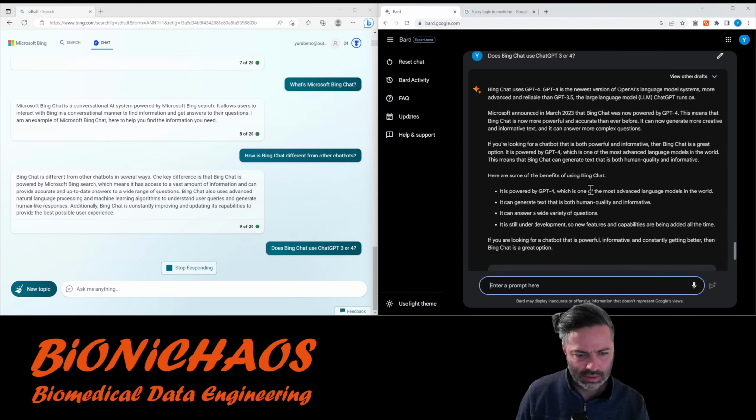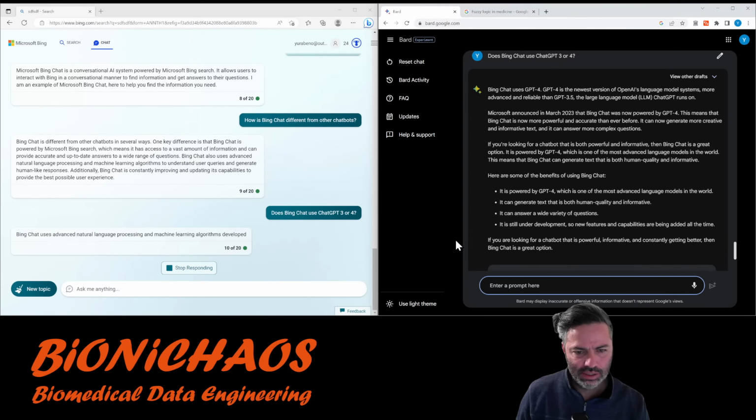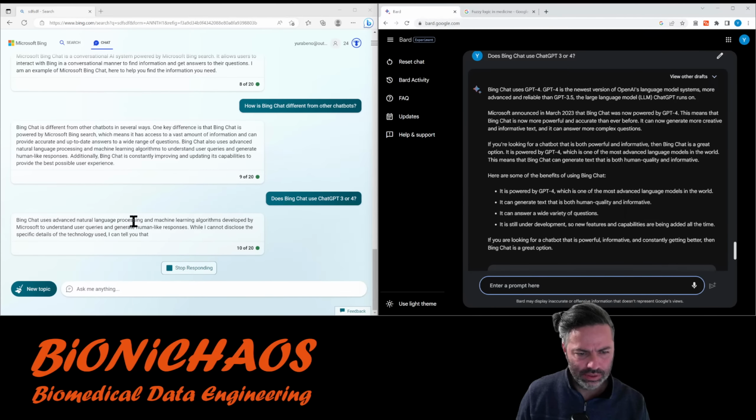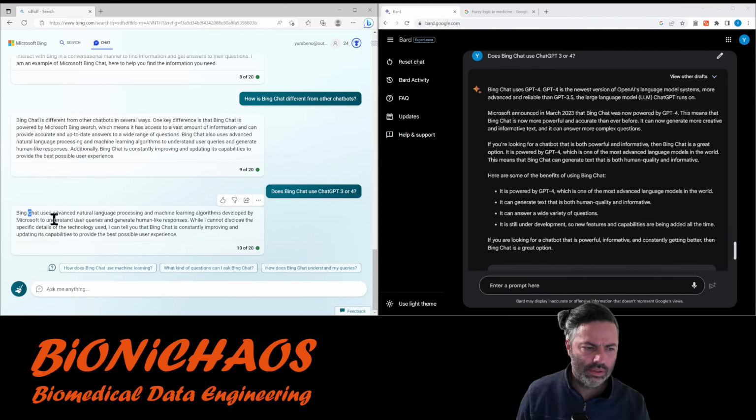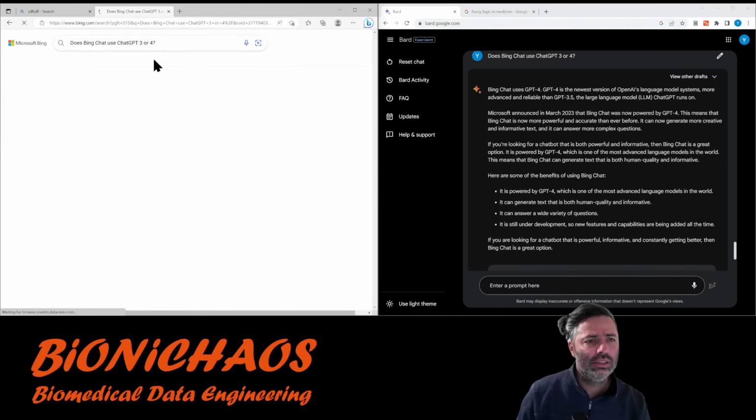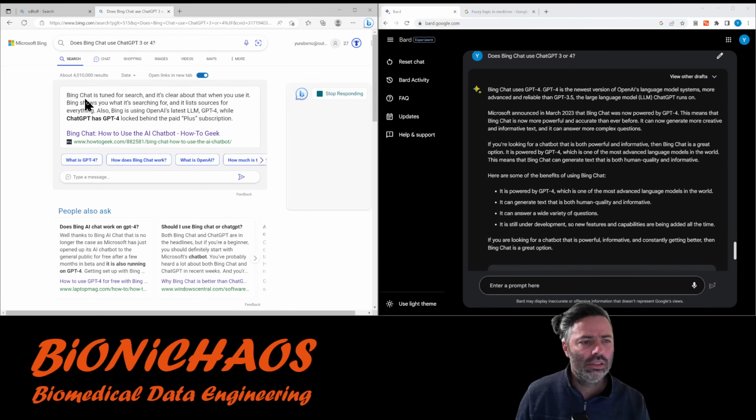But it's faster, that's for sure. Bing Chat venue. What? I cannot disclose the specific details of the technology. It's fine because if you enter this into regular, well, multiple,